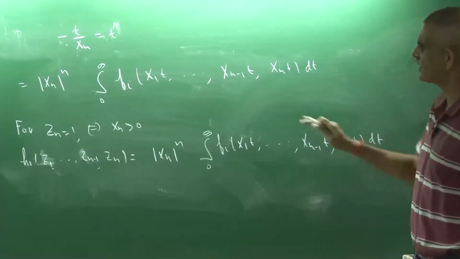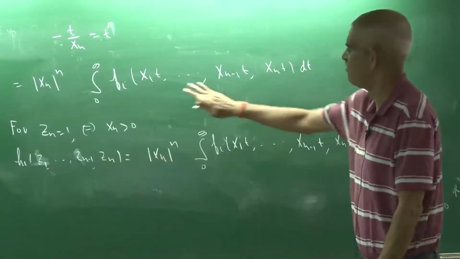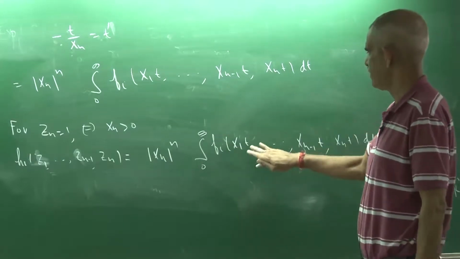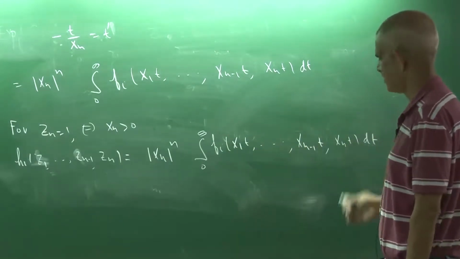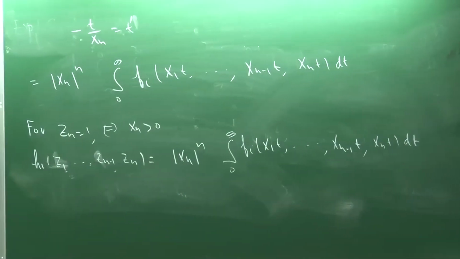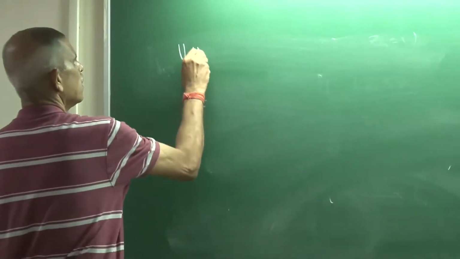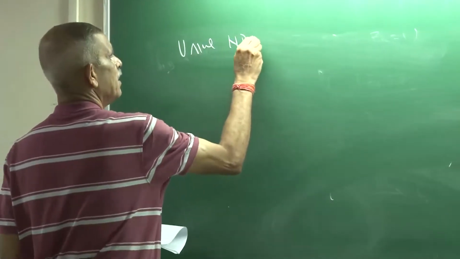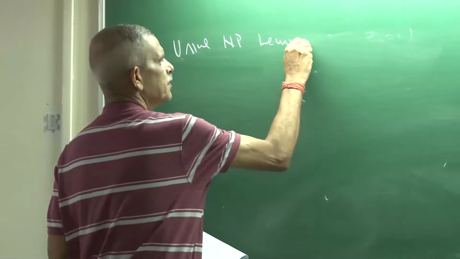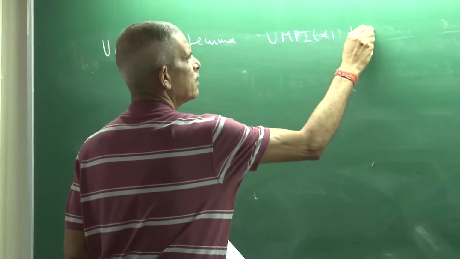So what I'm trying to say is that whether xn is positive or negative, or zn is 1 or minus 1, my h1 has the same form, which is modulus of xn to power n, integral from 0 to infinity of phi of x1 t, ..., xn minus 1 t, xn t dt. So by the Neyman-Pearson lemma, the best test for testing H0 versus H1 is to reject H0 if h1 upon h0 is greater than C. So using the Neyman-Pearson lemma, the UMPI alpha test is